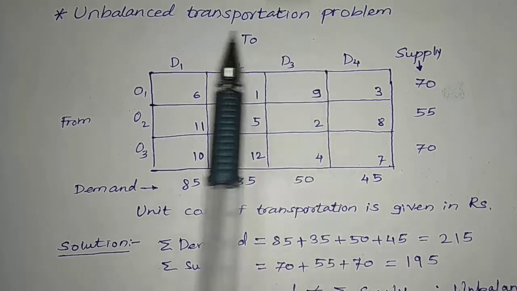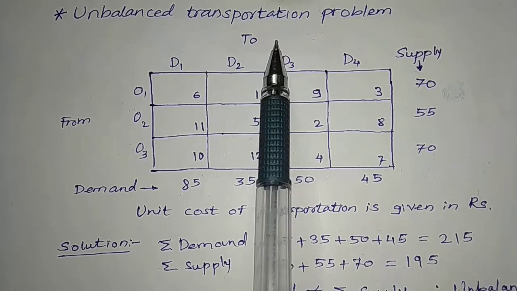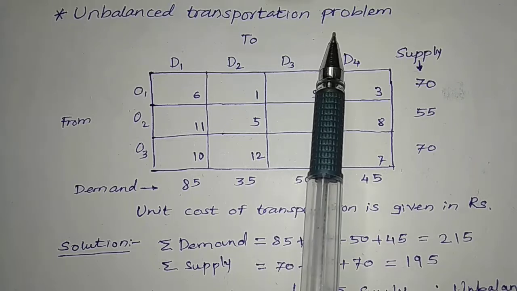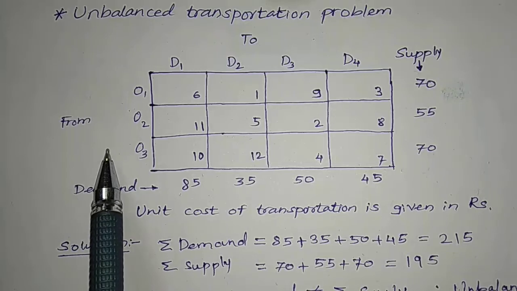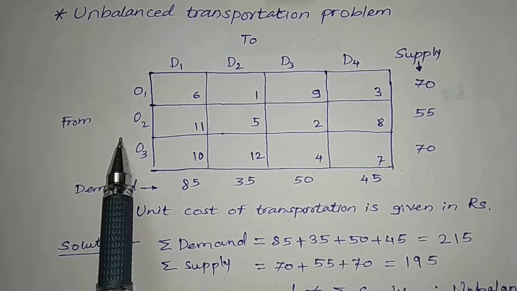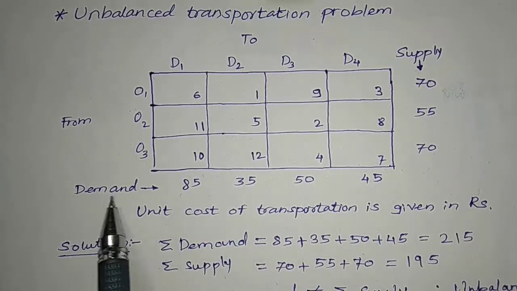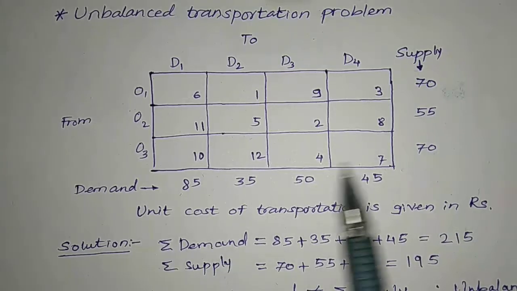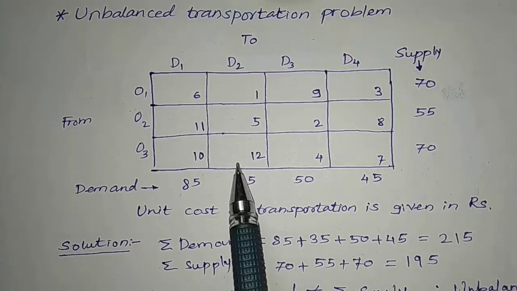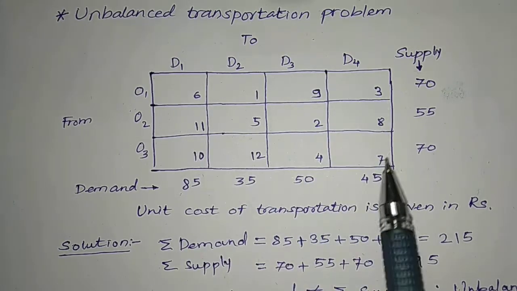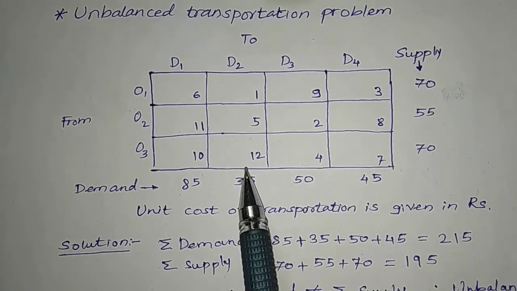I hope you have seen my previous videos on transportation model. Specifically, we know that a transportation model or transportation problem involves five elements. So what are these five elements? It considers the origins, destinations, unit costs of transportation given in the matrix, demand, that is requirements, and supplies. So this is composed of five elements. This is called a transportation problem, where our objective is to minimize the total cost of transportation.